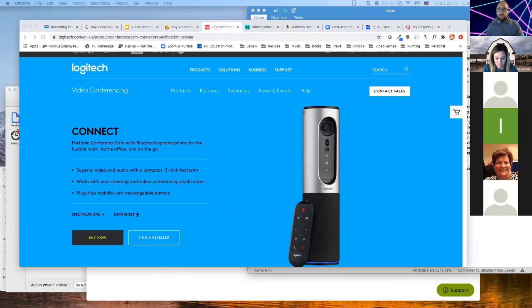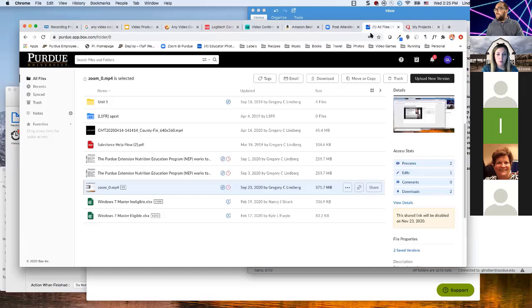I did want to mention too, when we talked about Box, that there also is, obviously, you're probably aware of Dropbox and Google Drive. You can use those things. Did you mention that already, Lily? Yeah, I mentioned Dropbox and Google Drive, but I also mentioned that using Google Drive is more connected to a personal account, so just be aware of that. There's nothing saying that you can't use those, but Box is obviously the one that's recommended from the university. So if you can use that, do so.